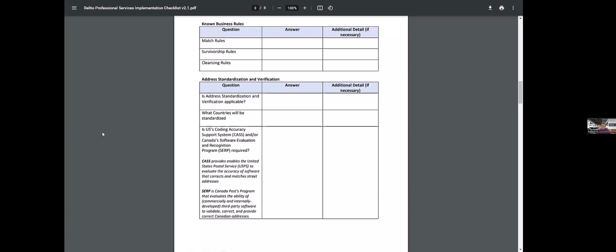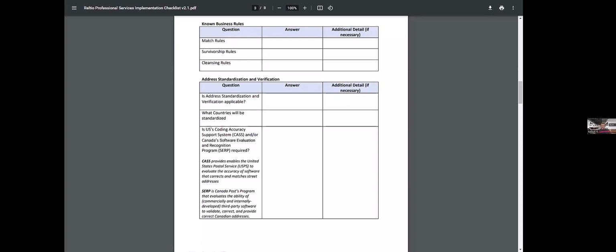Now, apart from the transformation and cleansing rules, we'll also look at the match rules and survivorship rules. Again, this is a little tricky. Most customers will have some challenges identifying the match rules and the survivorship rules because the profiling is still in progress.